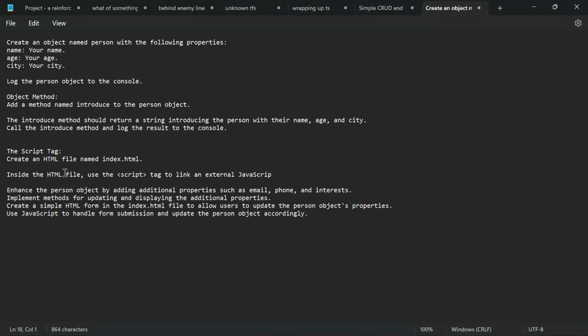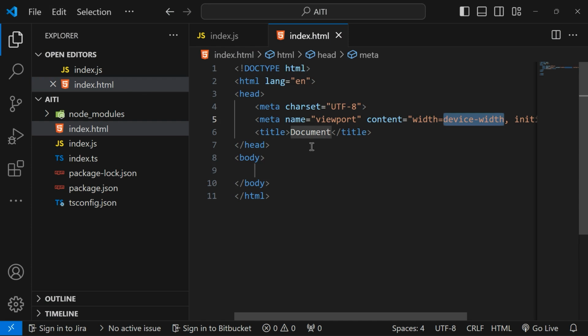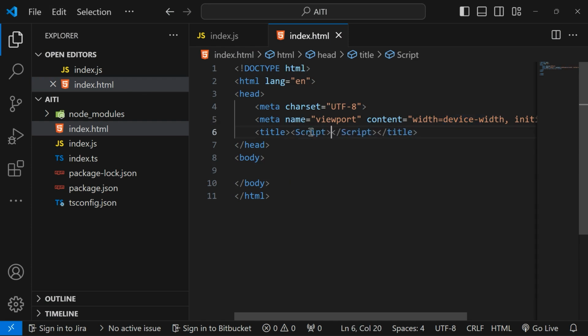Then inside the index.html file, use the script tag to link an external JavaScript file. So I would create my boilerplate using HTML:5, then press tab. So I would say script tag,